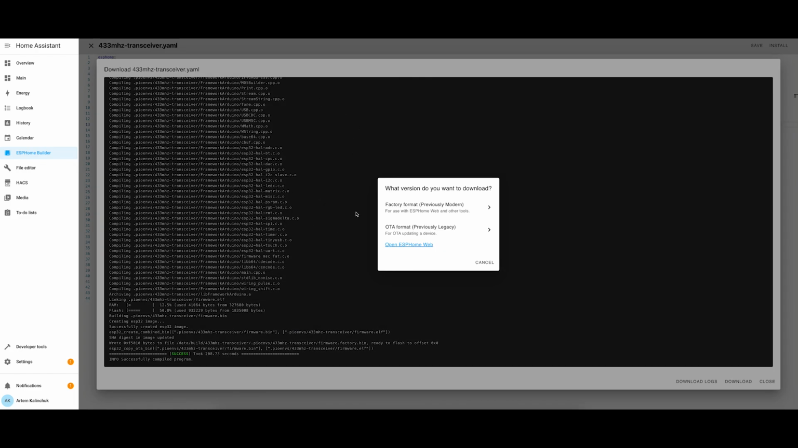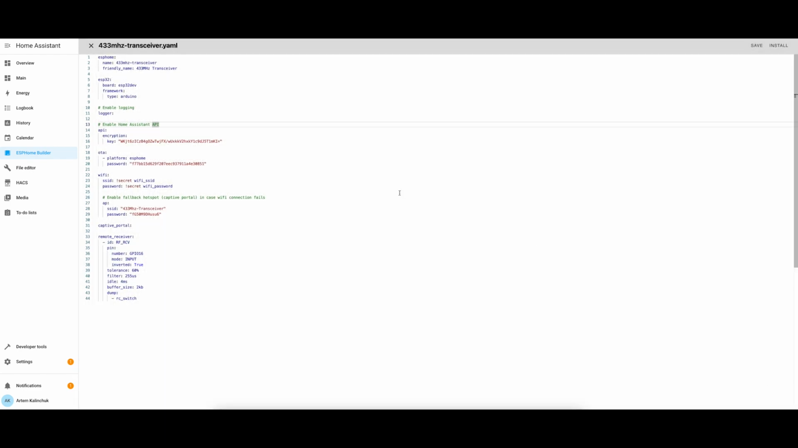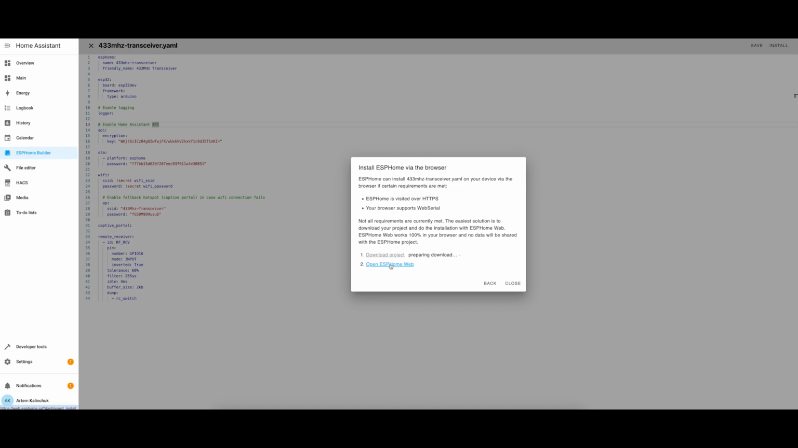Now that it's finished, it says what version do you want to download, factory format or over-the-air format. We will click on the factory format and actually download it right here. I'm going to say keep. So now what we will do is we're going to close this and click on install again, and then we're going to click on plug it into this computer and click on